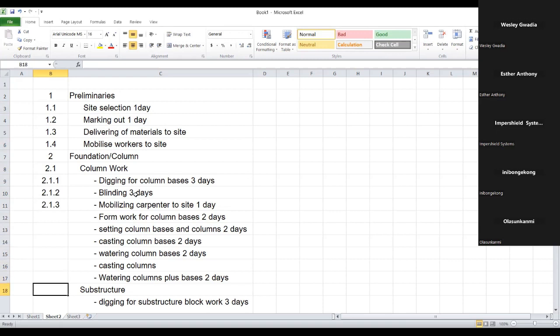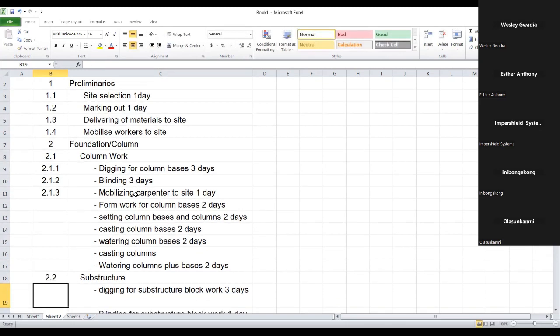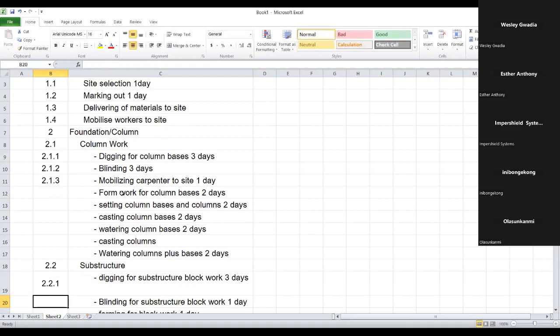What of the substructure will be what? 2.2. Right. So this will be 2.2.1. Now, like that. Now, let me look for something. Do we think we have all the work packages now? Do you think we have the last work packages? Setting column base. Formwork, column base, setting column base. Let me assume I have